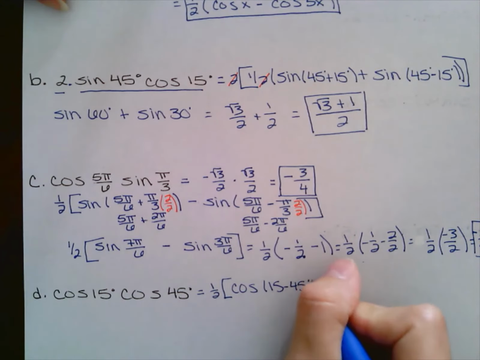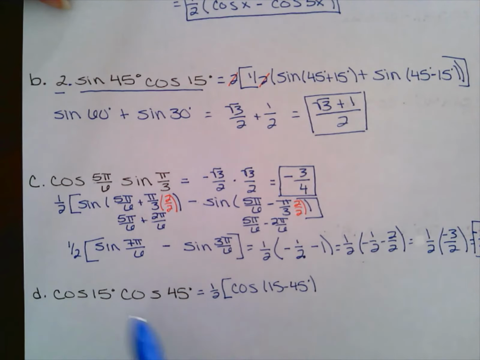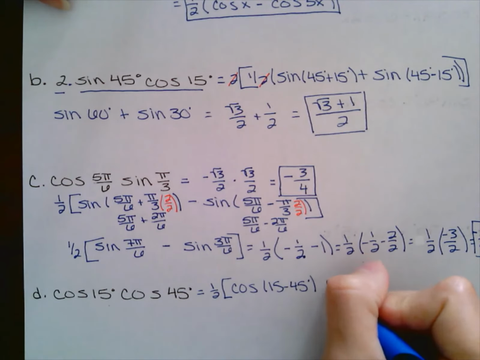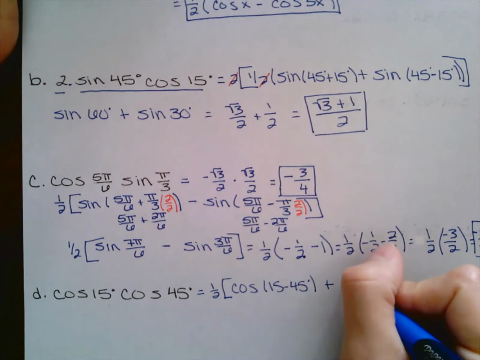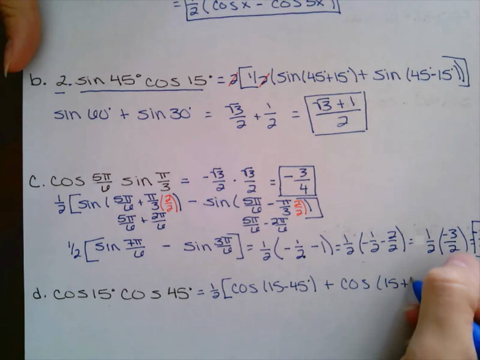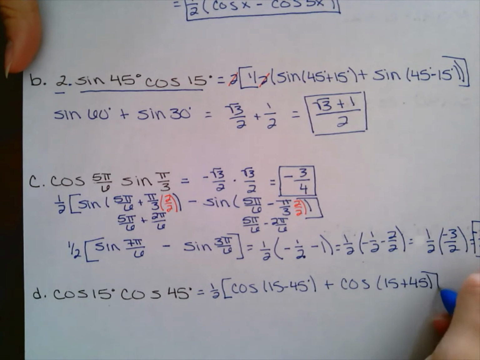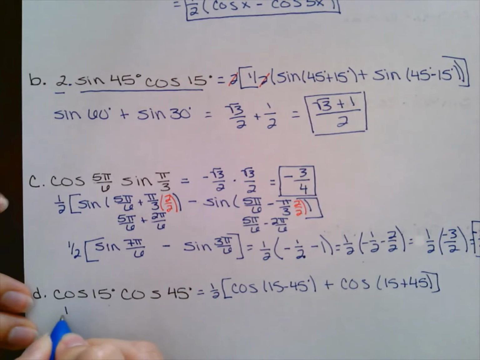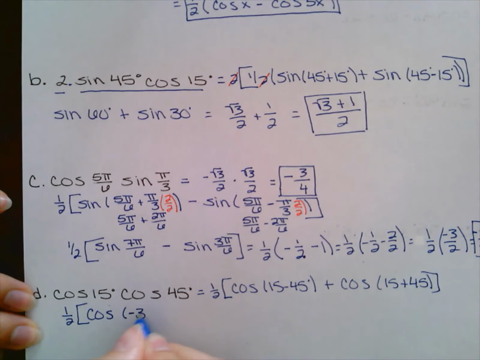Now remember that in subtraction you really have to pay attention to the order. So be careful not to flip these. It'll give you a different answer, okay? Plus cosine of both of them being added. Okay, that leaves us with half times cosine of negative 30 degrees